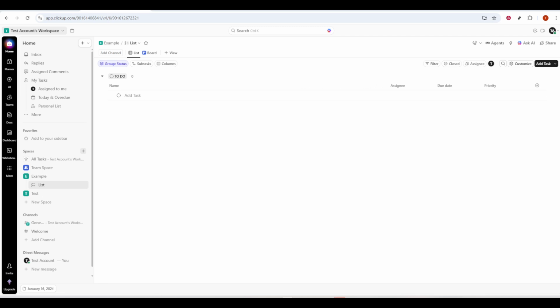Before we jump in, a quick note on what a task is in ClickUp. Think of a task as the core building block of your work. It's a single action item or to-do that lives inside a project, and it holds everything you need in one